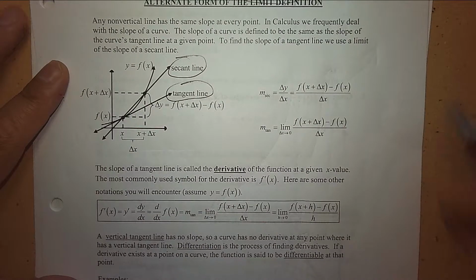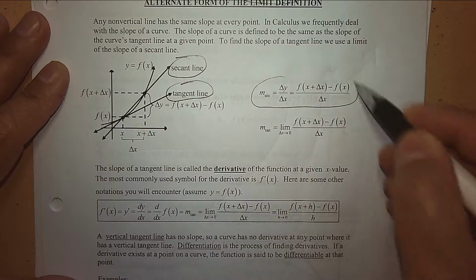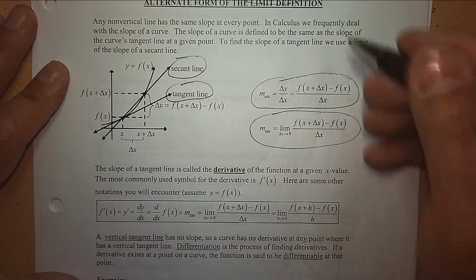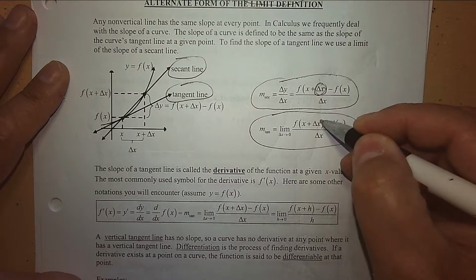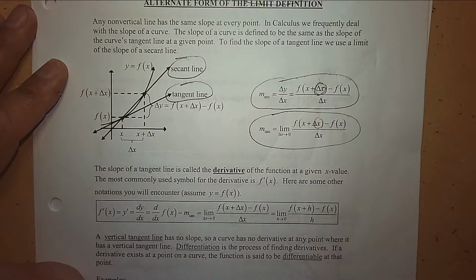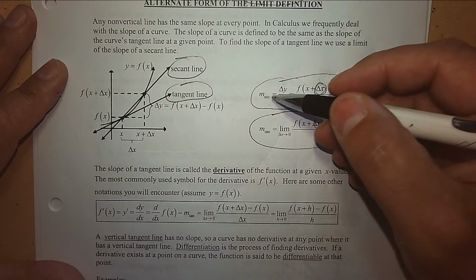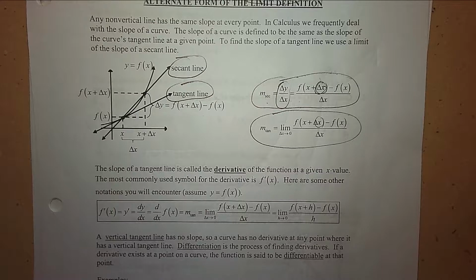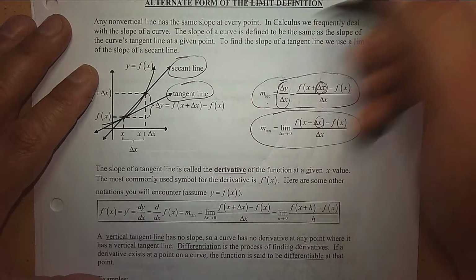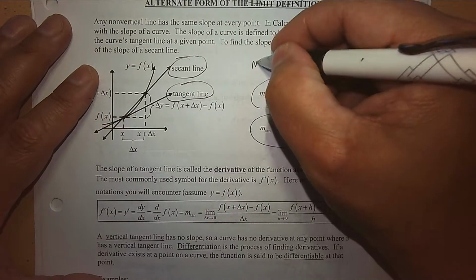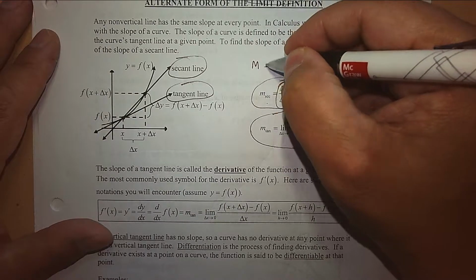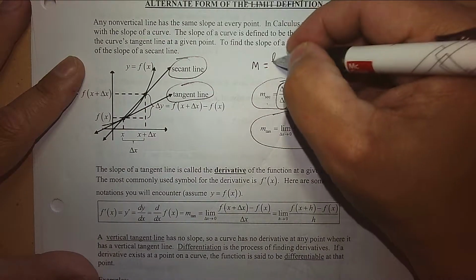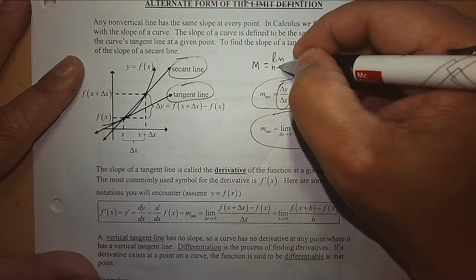Now, do you recognize this and do you recognize this? Now, we're not comfortable with this symbol completely, right? The change in x. So what symbol did we use? So first of all, for a secant line, it's simply algebra, right? The change in y over the change in x. We use this. So I'm going to write it right in. So how do you find the slope using that? We use it in terms of h instead of that, right? The limit as h approaches 0